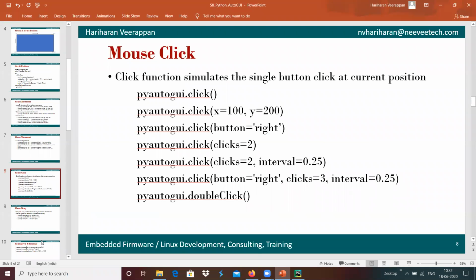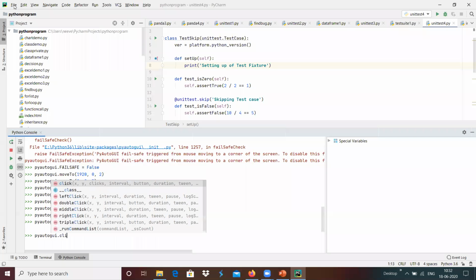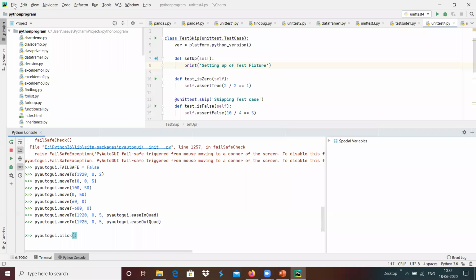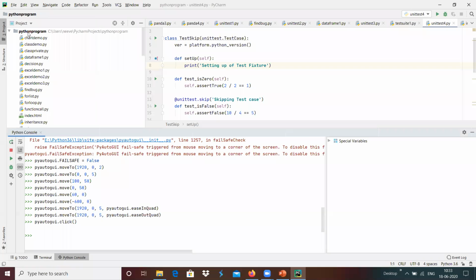For example, I am going to have this position over here, and if I generate a click event, PyAutoGUI.click is the one which generates the mouse click event at the current position. Whenever we run this, we get that click event generated.